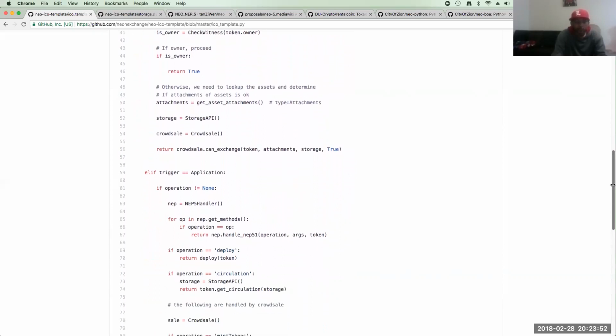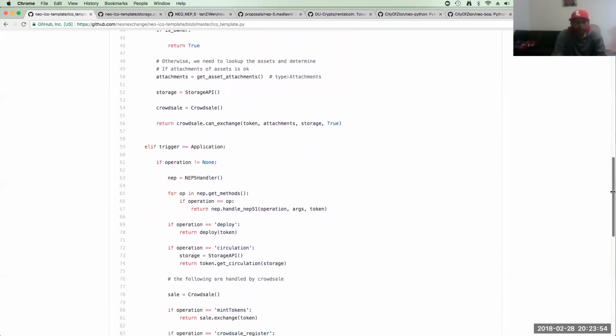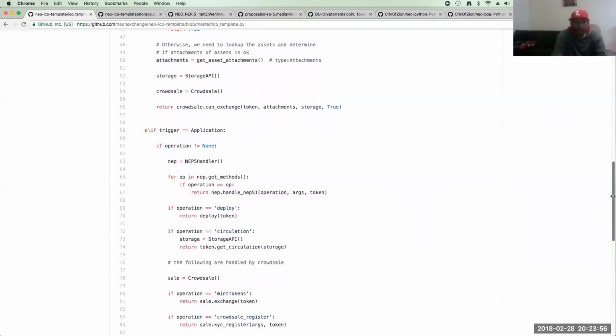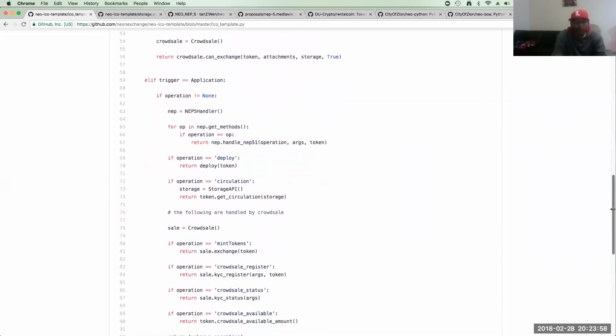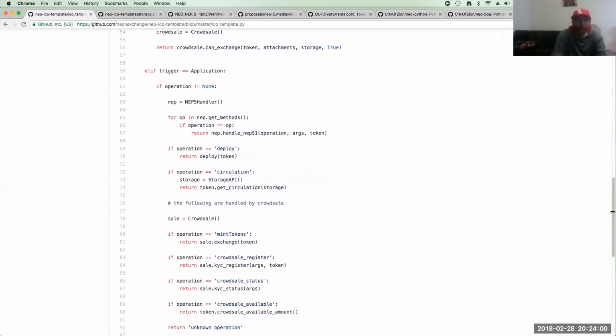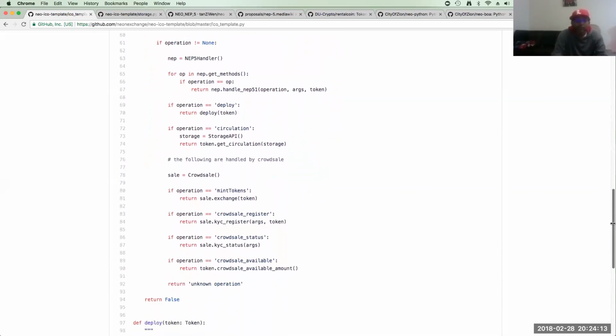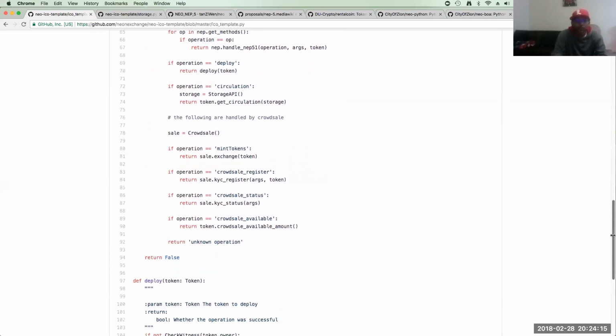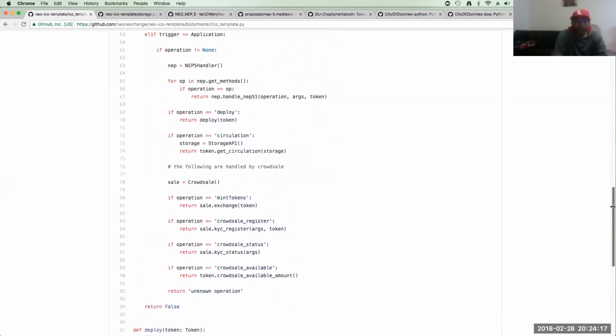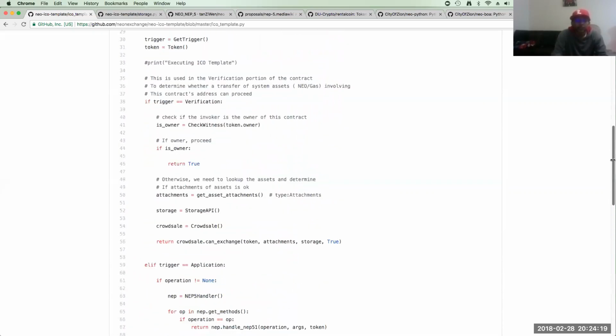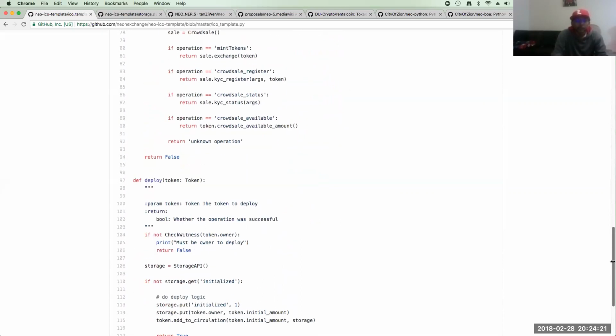NEP5 handler. The operations they're doing are deploy, circulation, mint tokens, crowd sale register, crowd sale status, and crowd sale available.